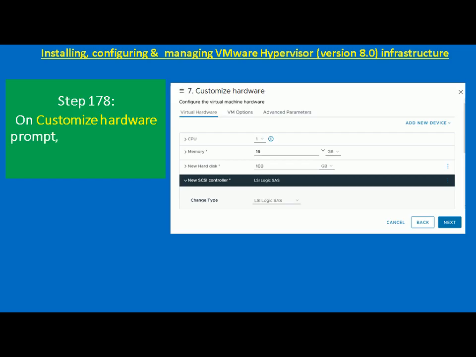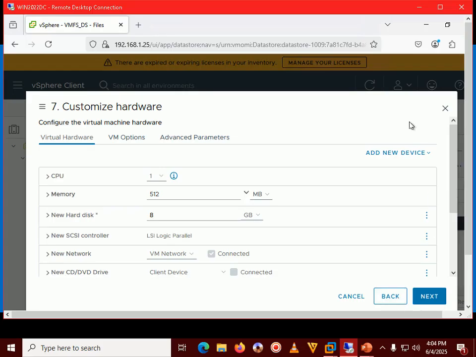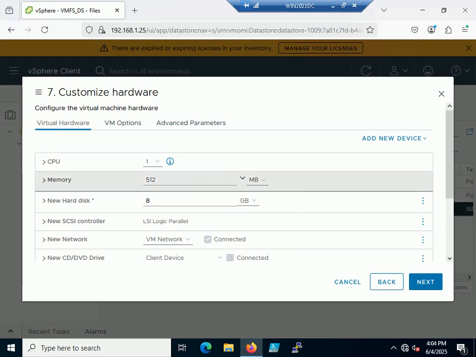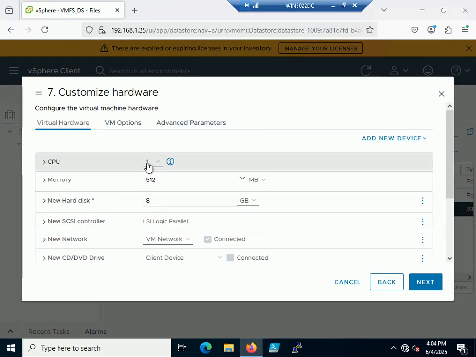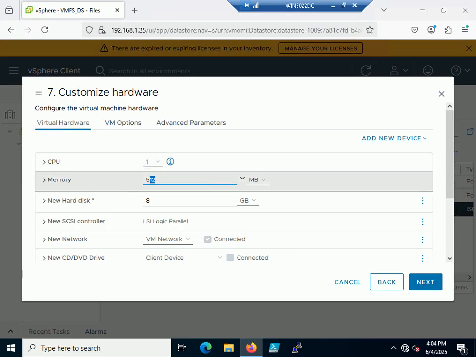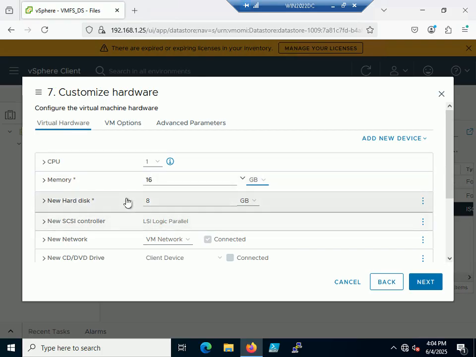So next is on customize hardware prompt, provide the values as shown in the slide figure and click next. Now here we need to customize our virtual machine's virtual hardware as per your choice. So CPU, let it be one CPU, that should be enough. Memory, we will make it 16 GB, because a Windows 11 machine requires that much RAM, so minimum is 8 GB I think, but that's fine, so we'll choose 16 GB. Hard disk, we will make it 100 GB,